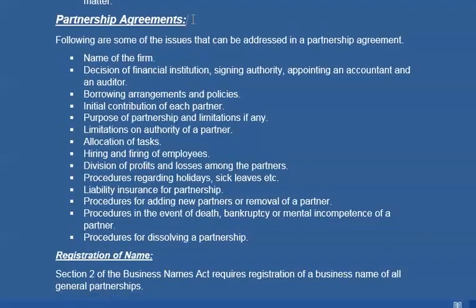Partnership agreements. Following are some of the issues that can be addressed in a partnership agreement, like name of the firm, decision of financial institution, signing authority, appointing an accountant or an auditor, borrowing arrangements and policies, initial contribution of each partner, purpose of partnership and limitations, if any, limitations on authority of a partner, allocation